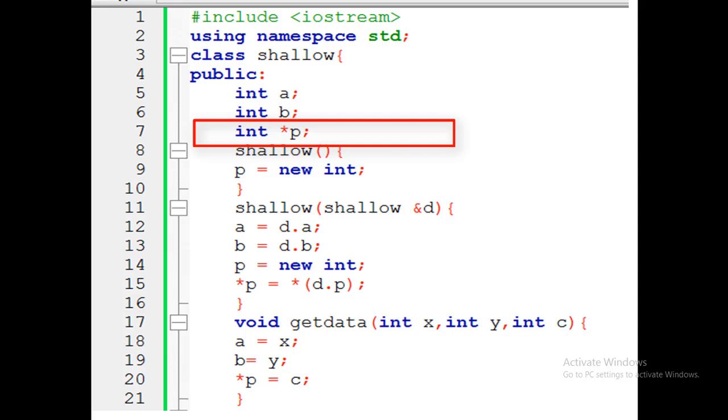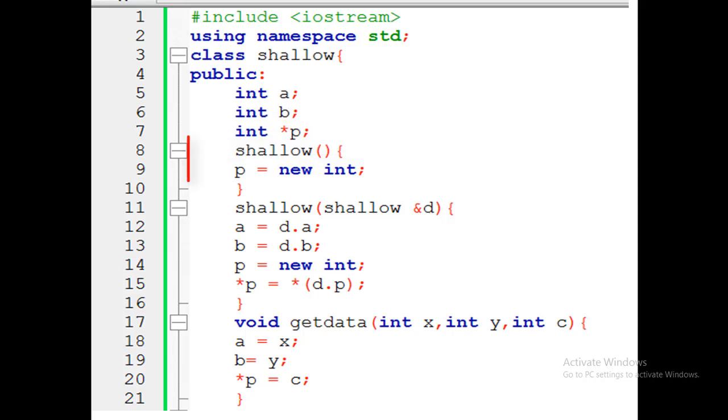integer type variable that is not really a variable, it's basically a pointer that points to a specific memory location on heap. As we have discussed earlier, pointers are usually saved on heap memory, not the stack. So we created a pointer of integer type.